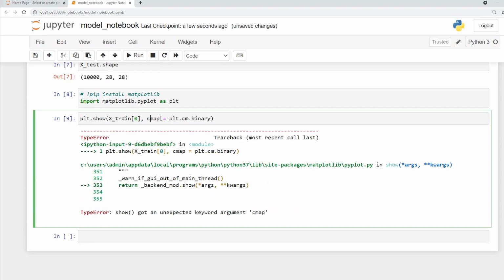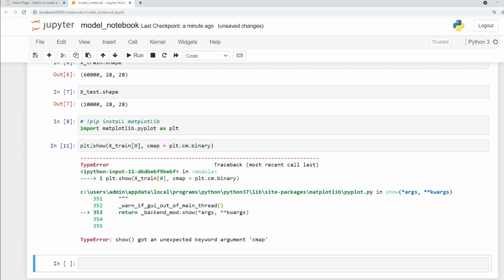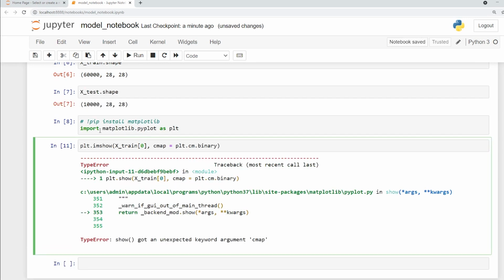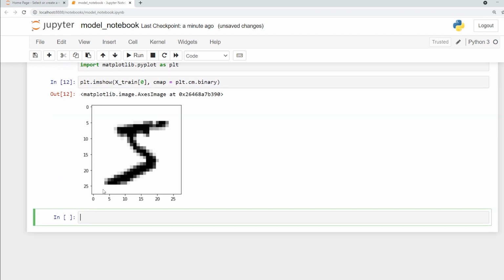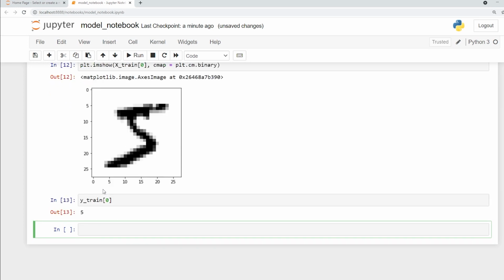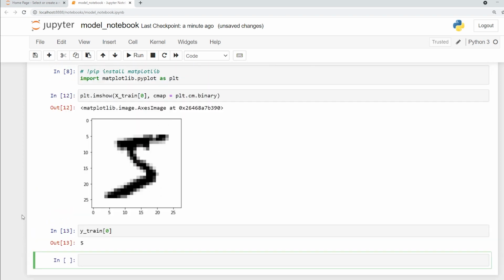Okay, it is not going to come. There is some issue with this. I actually forgot im. It is imshow. So this is the first image, that is my five. This is a five number, and now here I'll say ytrain 0th value. So it says five. This is the target image, and this is the label that we have. Similarly it is with the X-test.